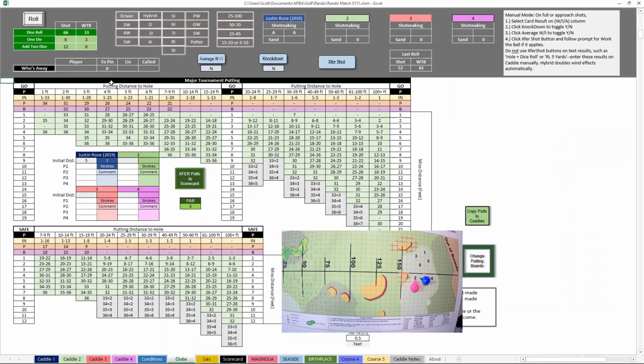Let's go over the putting boards. Roll. 32 is a 20 from 5 feet, and that's in. And again, if you didn't watch the first video, you might not know this, but I am using the major tournament putting boards for this hole,